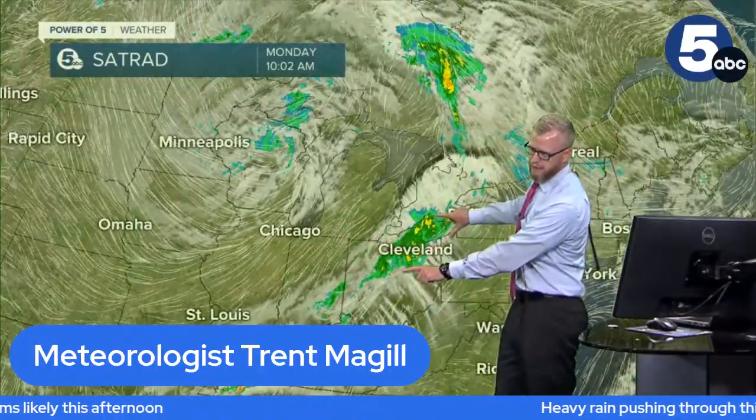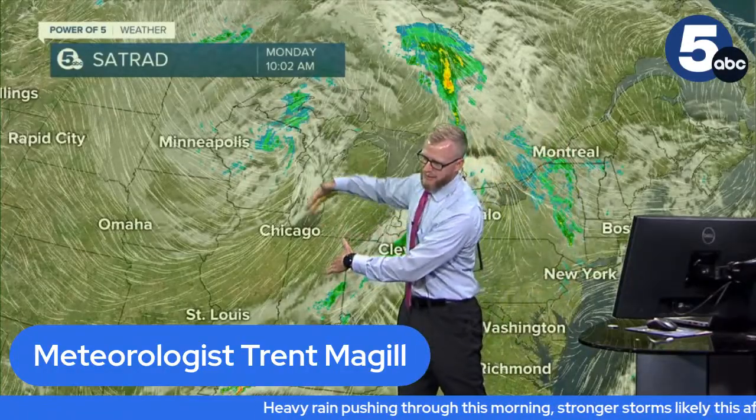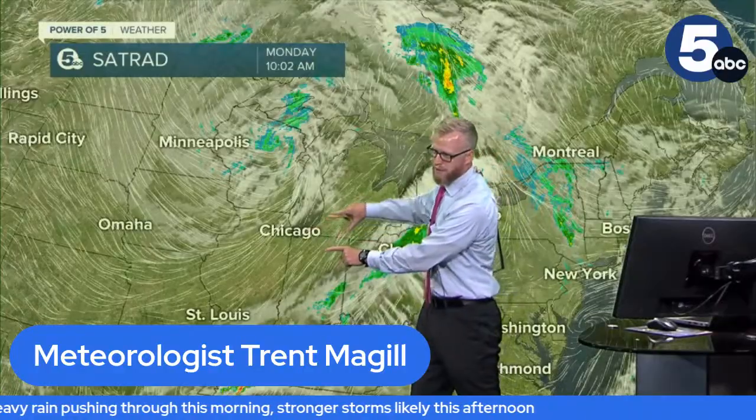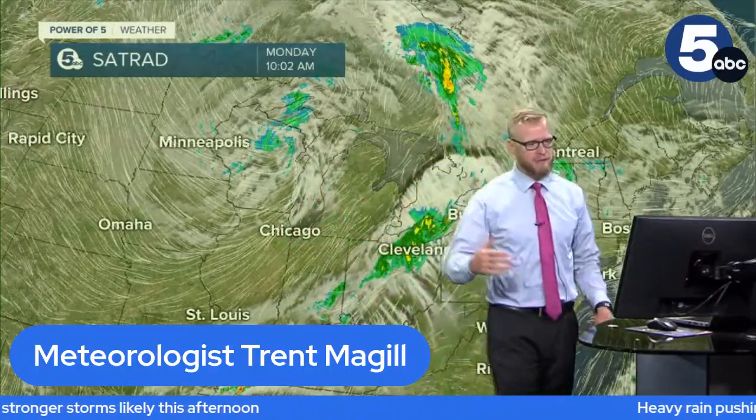So here's the cloud cover. Here's the clouds and all the rain. This is everything that's limiting that severe threat, drops it down. And then once you get back into here, it's pretty untouched. And I think these are actually going to be some warmer numbers. And once this little wave tries to work into that this afternoon, might be enough to spark up some strong